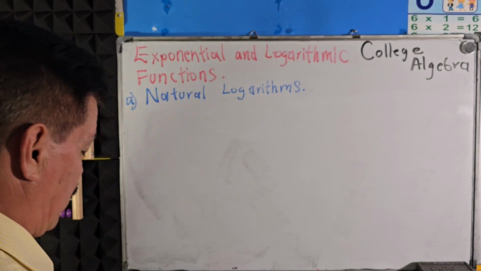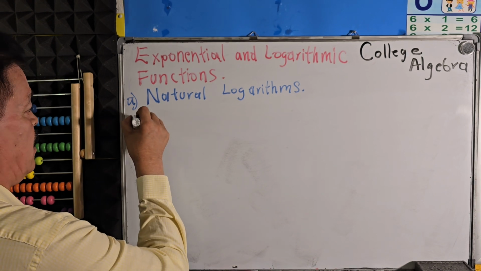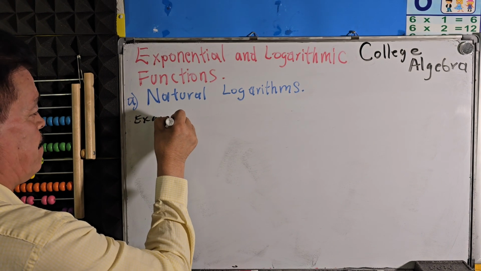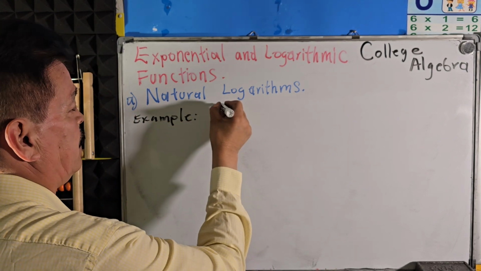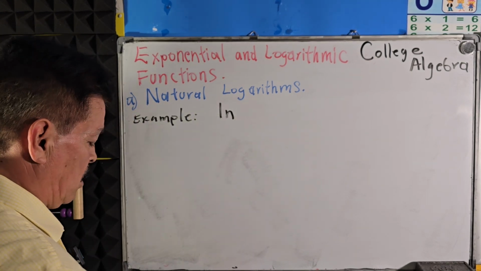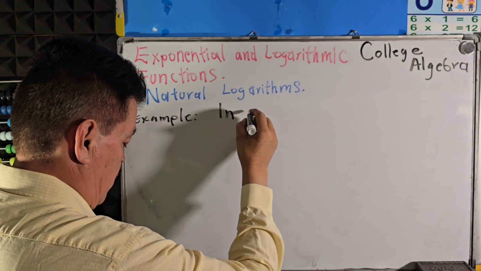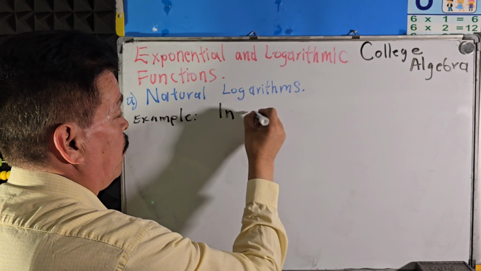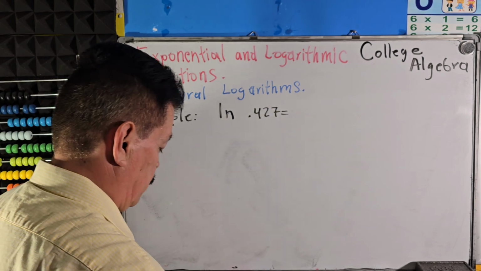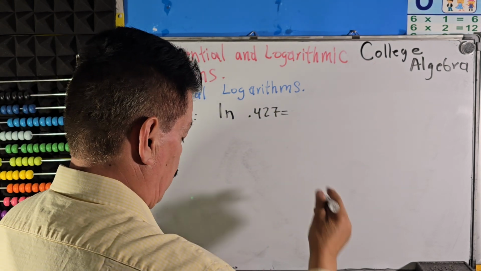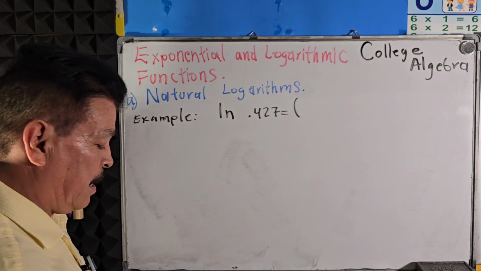So that's it. Let me show you one problem here, applying the natural logarithm. How do we work with the natural logarithm? So let's go to the example. Let's write the natural logarithm of 0.427 equals